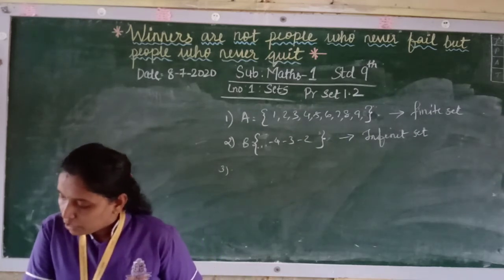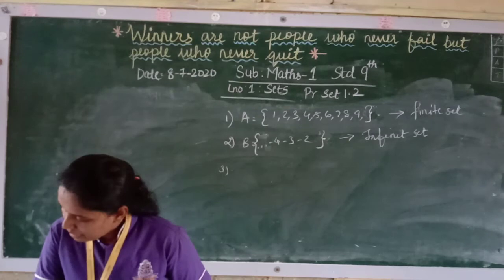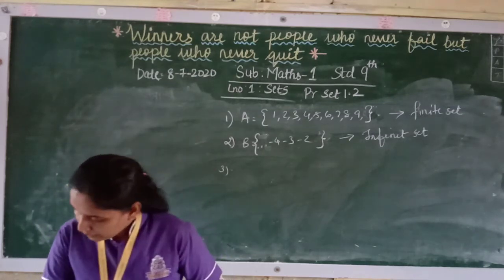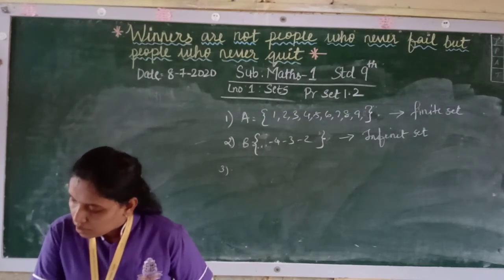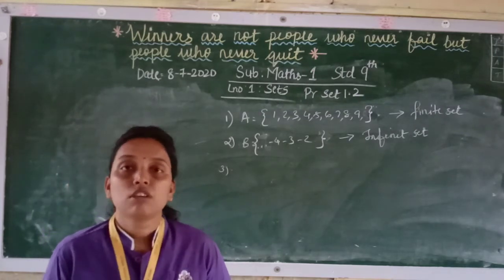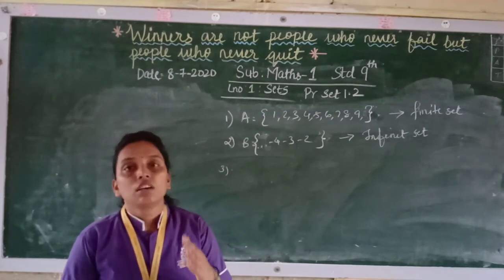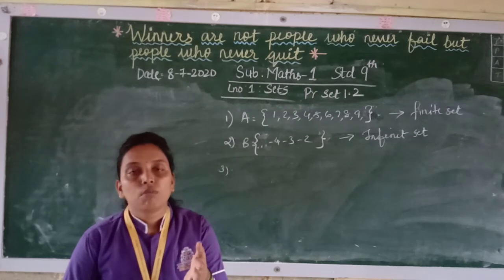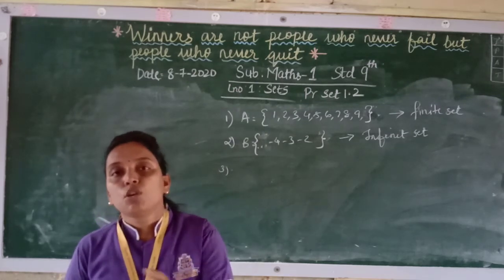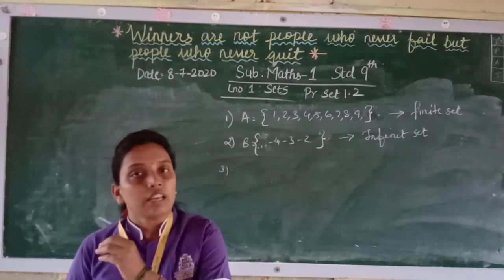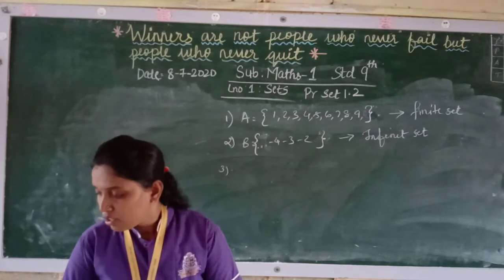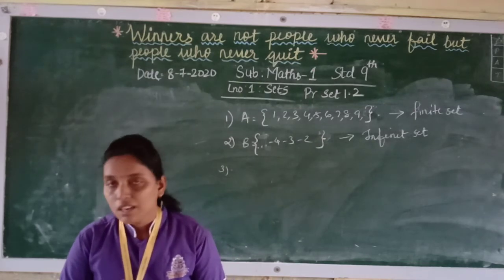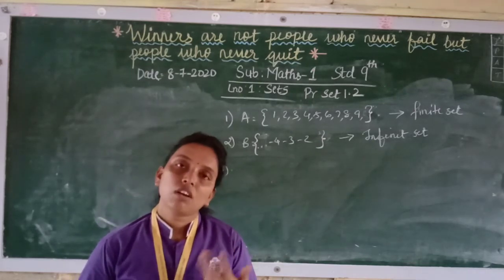Then fifth one, set of apparatus in the laboratory. Now apparatus in the laboratory is also not very large, so that is also a finite set. Sixth one, set of whole numbers. Now numbers are always infinite, so whole numbers will continue. Natural numbers will be from 1 to 3, whole numbers will be from 0, 1 to 3, and dot means they are infinite. So these both whole numbers they have asked for, so it will be infinite only because it is starting from 0. Others are rational numbers. So rational numbers are all infinite.